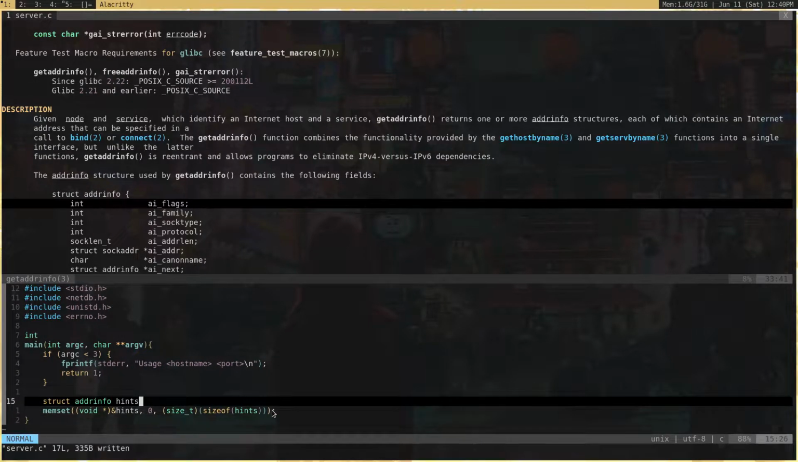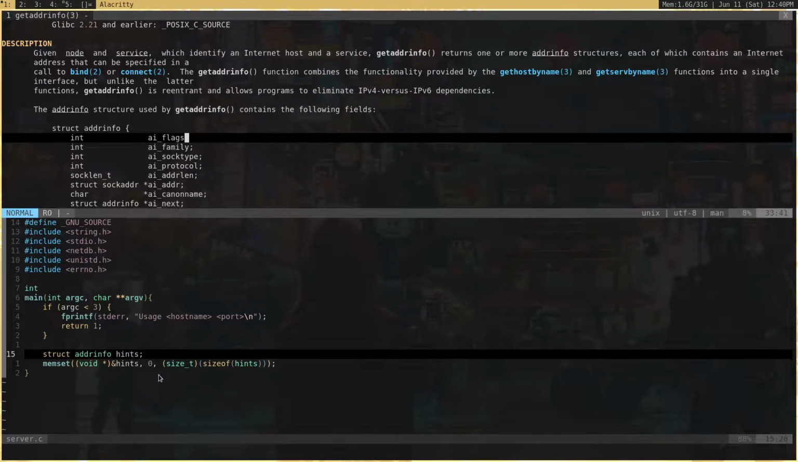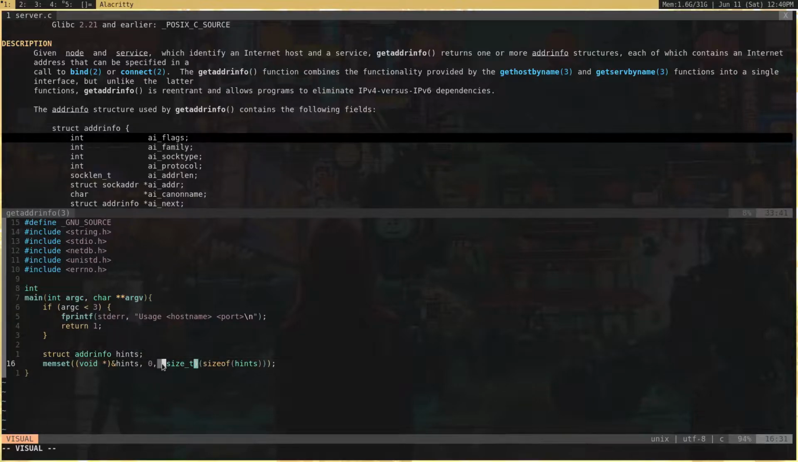So I'm zeroing out the hints struct, just so we don't have uninitialized data. Uninitialized data is bad because you don't know what could be in there if it's uninitialized. All right, after that,